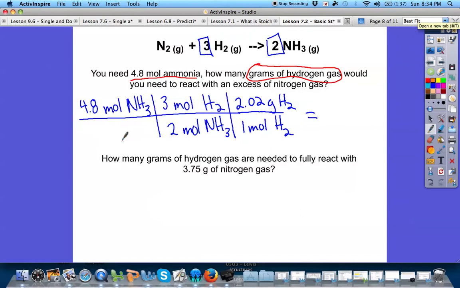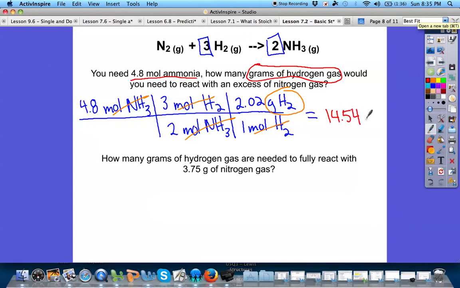So then we look back here, moles of NH3 cancel, moles of hydrogen cancel, we're left with grams of hydrogen. If you go back and you cancel out your units, this will also help you determine have you set it up correctly or not. So we're going to take 4.8 times 3 times 2.02 and then divide that by 2, and you should get the 14.54